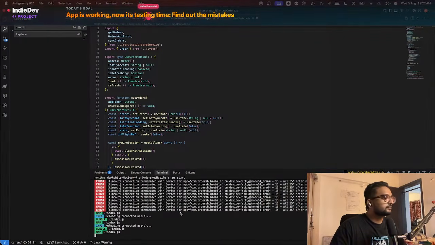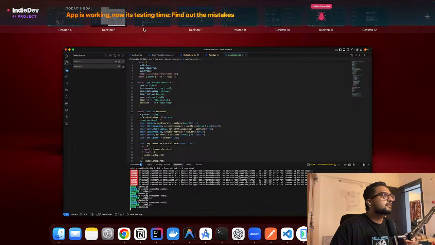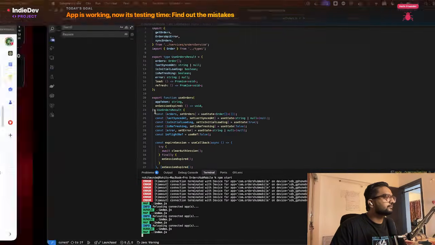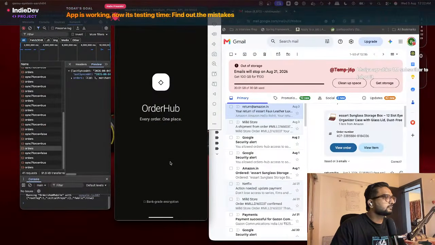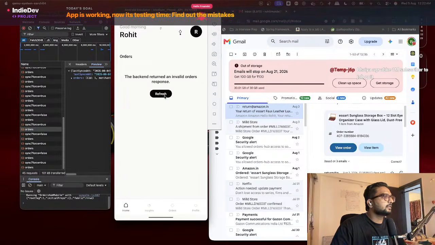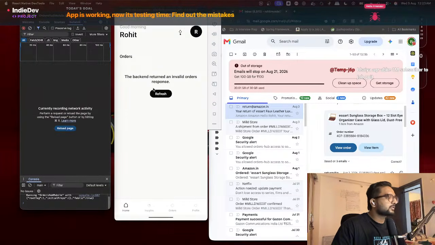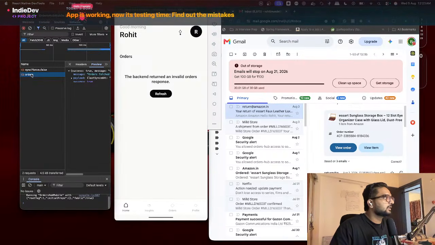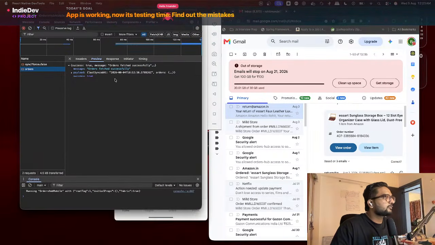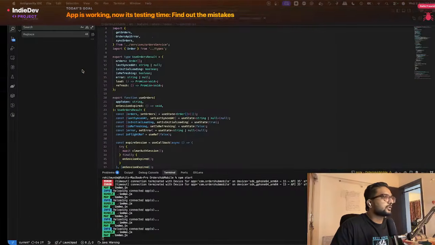Let me reload the mobile application now. Backend returned an invalid. Yes, यही मेरे को चाहिए था because our response has changed. Let's see, I'll show you why. Now I have to make the changes in the front end side because orders is now giving the response in the form of payload, message, payload, and then this. Okay, so this I need to change. So in the front end